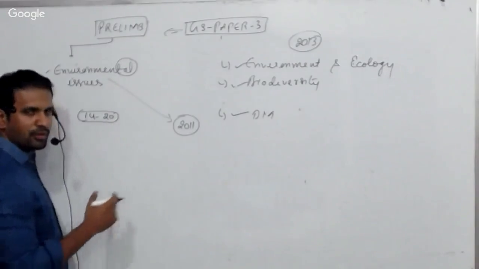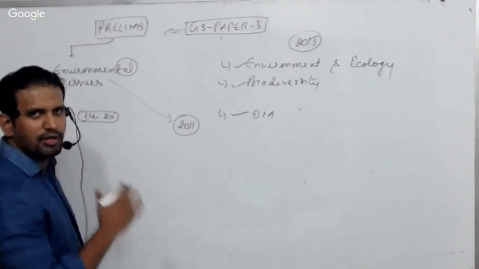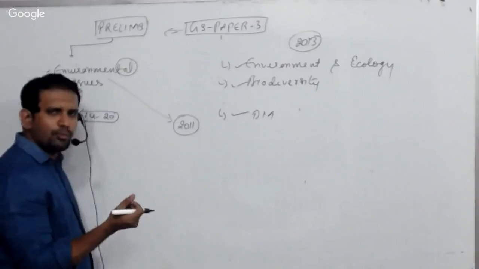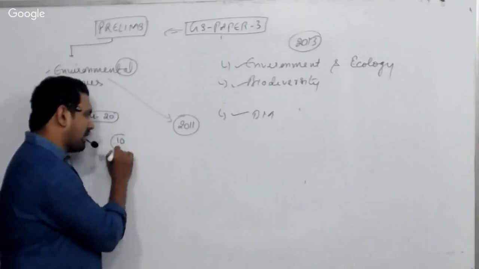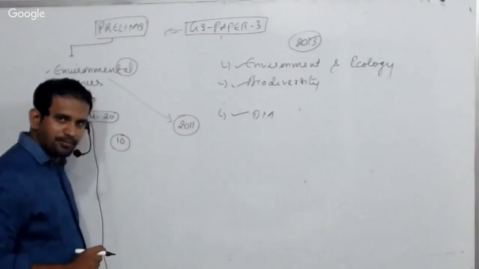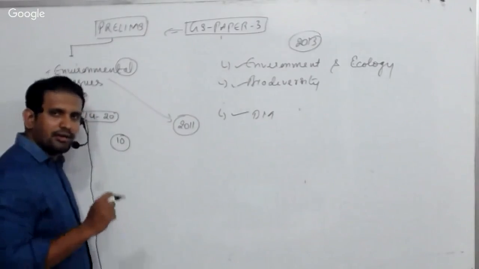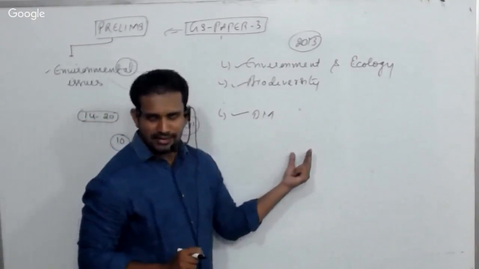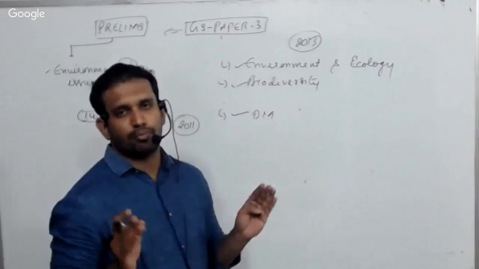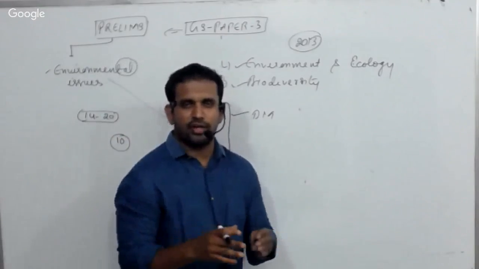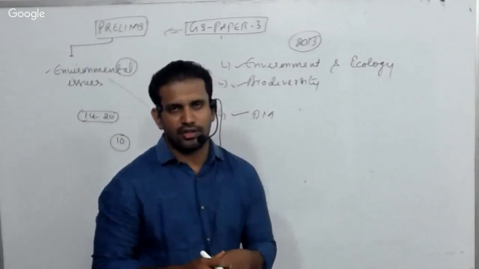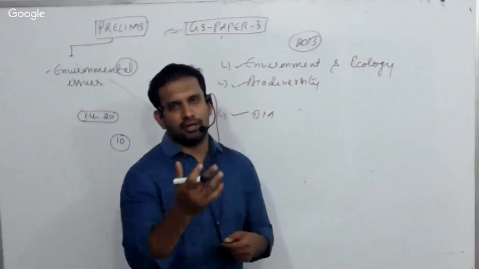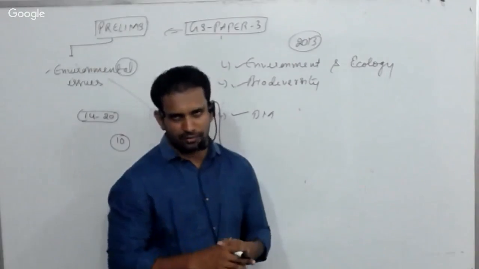And of course, a part of biology, physics, chemistry I have also included. If you properly exclude the biology related questions also, minimum 10 questions are guaranteed in the preliminary part. Whereas with respect to the mains, economic development occupies the lion's share, the major share of the weightage of the examination. If we look at previous year questions, economy generally takes much of the marks.